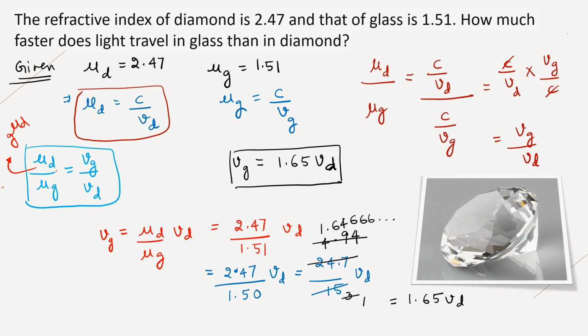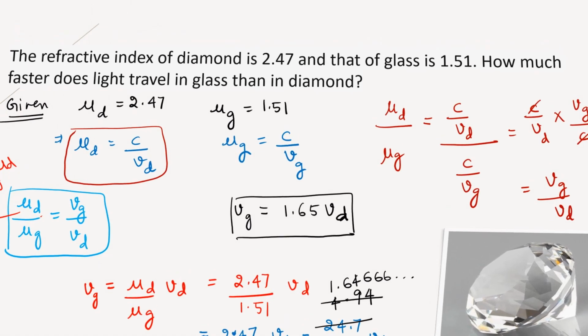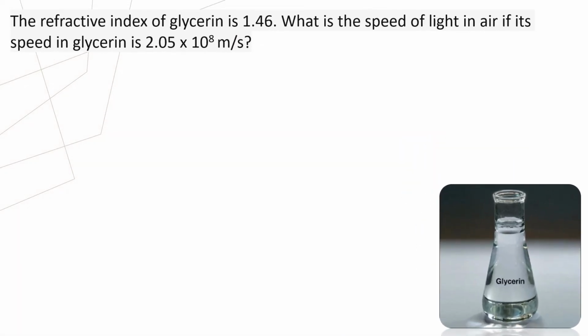I hope you are enjoying the process of solving questions. So let's go to the next question. The next question is, the refractive index of glycerin is 1.46. So right away let us write the given: refractive index of glycerin, I'll write GL for glycerin, 1.46. What is the speed of light in air if the speed in glycerin is